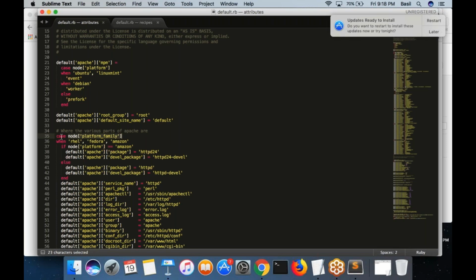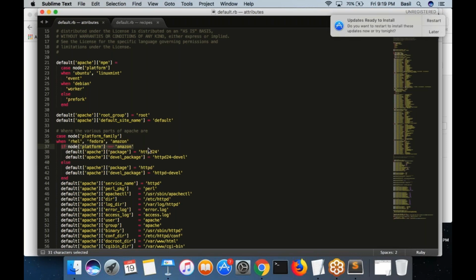So I'm putting a case statement on this particular attribute. You had learned that in shell scripting, right? Case, then put an attribute. If this attribute is equal to Red Hat, Fedora, or Amazon, then you are putting one more if condition.